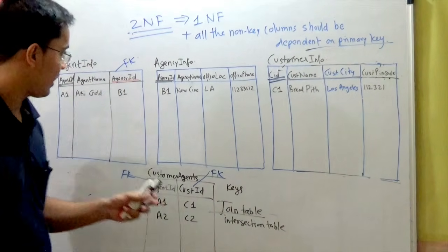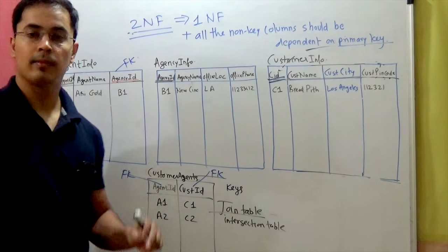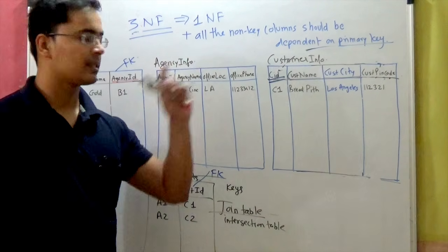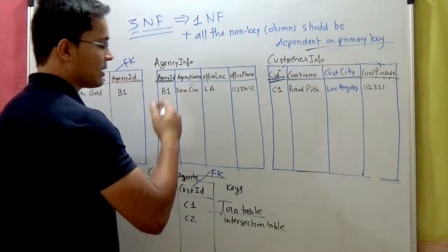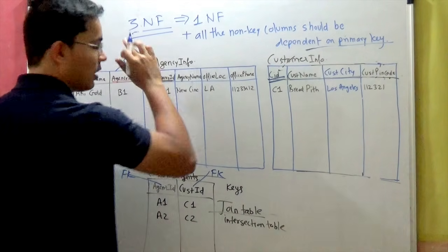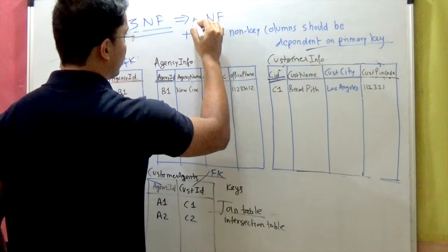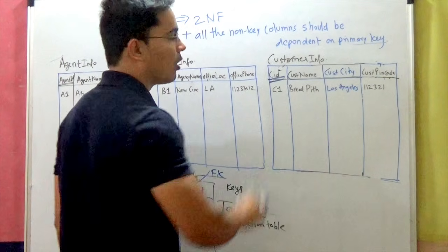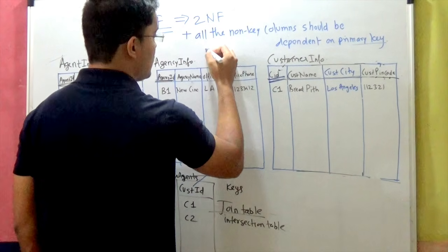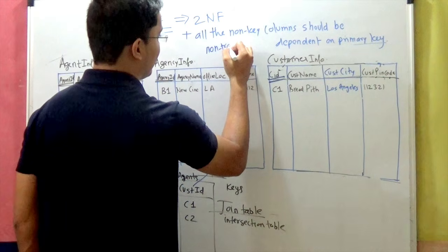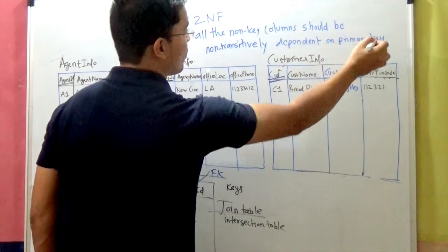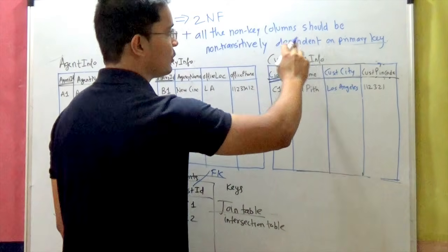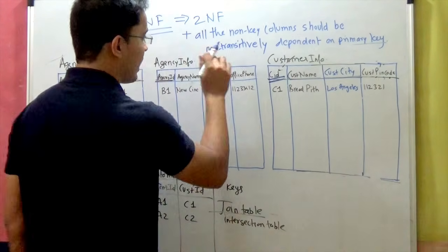We are almost there. In fact, 3 out of our 4 tables are already third normal form compliant, except for this customer info table. So let's see now what is third normal form. Third normal form will be all the rules of second normal form, plus all the non-key columns should be non-transitively dependent on the primary key. So in second normal form, we had the rule that all the non-key columns should be dependent on the primary key. We have just added this keyword,